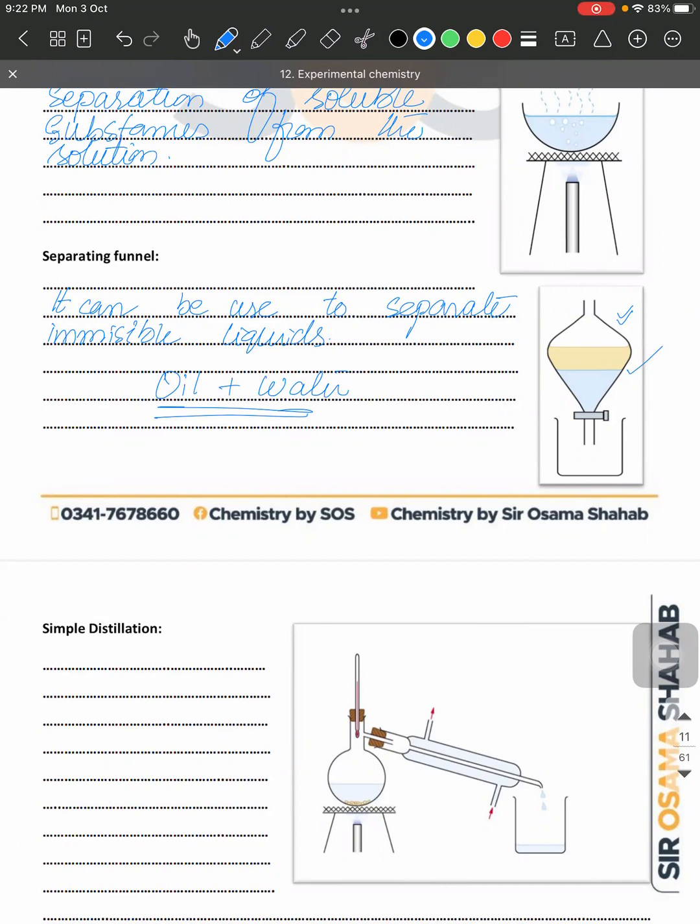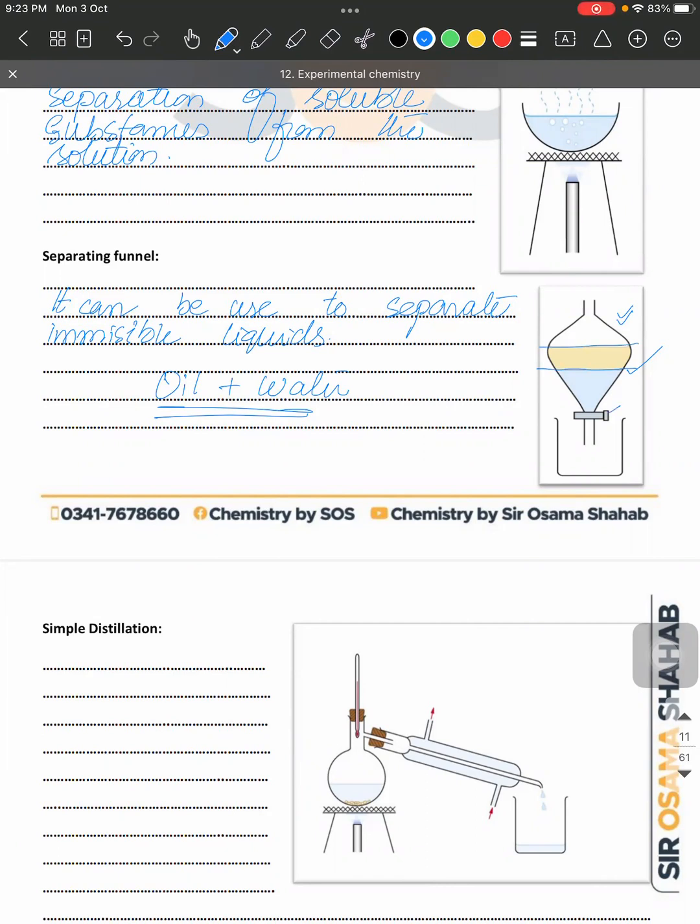हम ये वाले फनल यूज कर सकते हैं उनको सेपरेट करने के लिए। हमने वो मिक्सचर यहाँ फनल में लिया, और उसको हमने ठीक से पहले हिला लिया, उसको मिक्स कर लिया, स्टर कर लिया, उसके बाद हमने थोड़ी देर के लिए उसको छोड़ दिया। जब हम थोड़ी देर के लिए उसको छोड़ेंगे तो you will find two different layers, जैसे पानी नीचे आ गया और ऑयल कहाँ आ गया आपके पास, ऊपर आ गया।